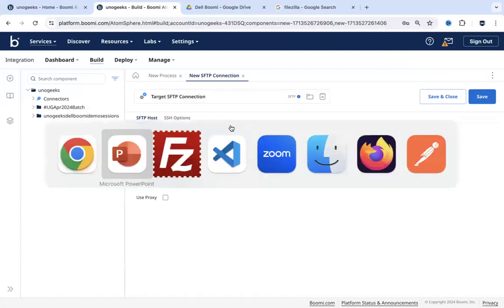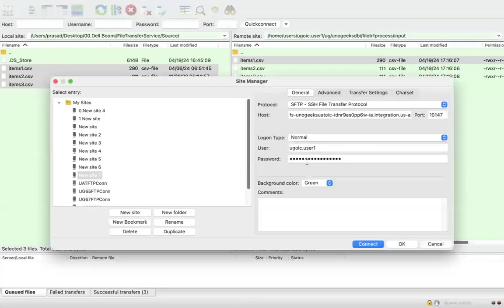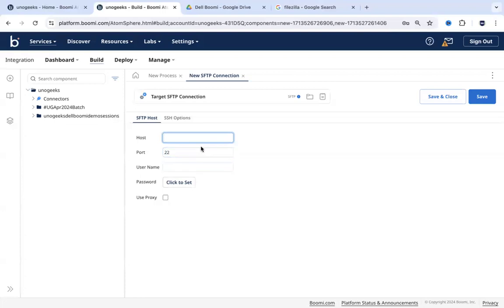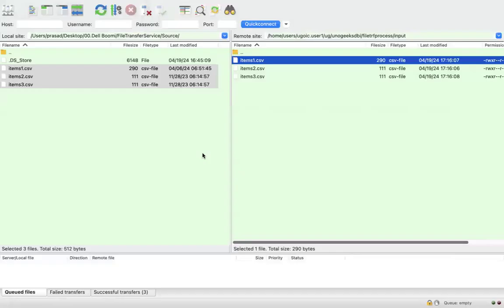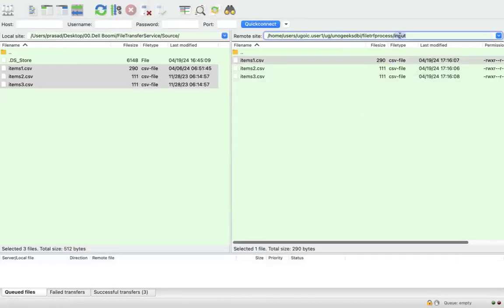And unfortunately, I've got access to only one SFTP server, guys. So I would enter the same SFTP server login details in this connection also. But in real time, remember, when you create the target SFTP connection, you would be entering a different SFTP host. Since I've got only one SFTP server with me, I would connect to the same SFTP server